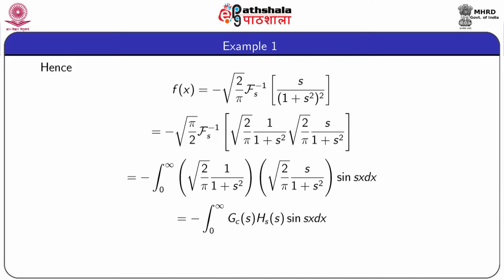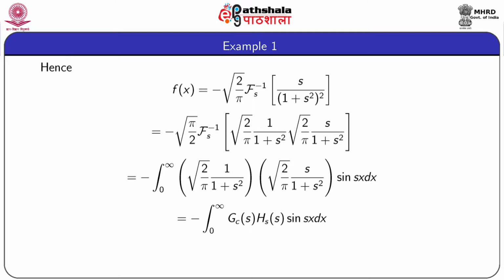So, we get small f(x) equal to root over 2 by pi minus Fourier sine inversion of s by (1 plus s square) whole square. Now, we write the expression s by (1 plus s square) whole square as, that means we break this expression to obtain f(x) as minus root over pi by 2 capital F(s) inverse of root over 2 by pi 1 by s square into root over 2 by pi s by 1 plus s square,